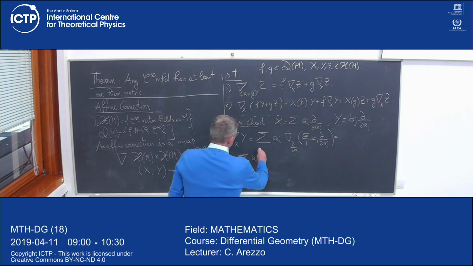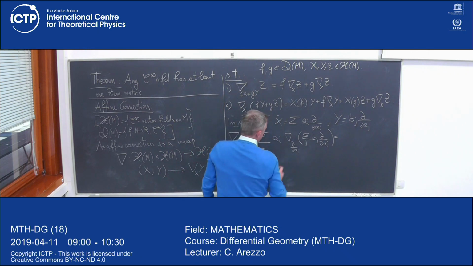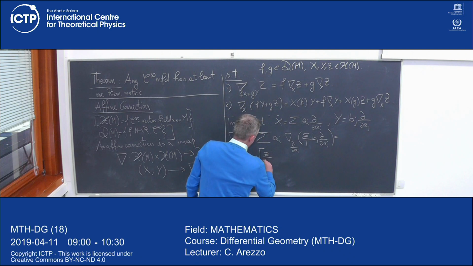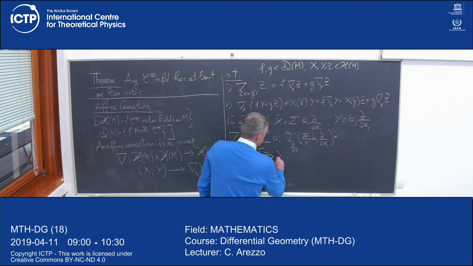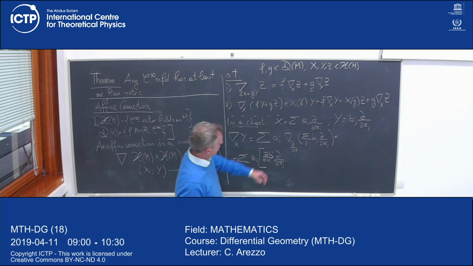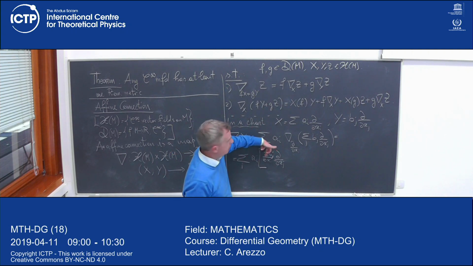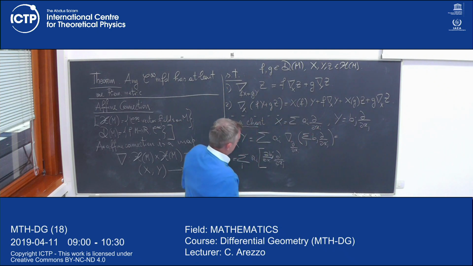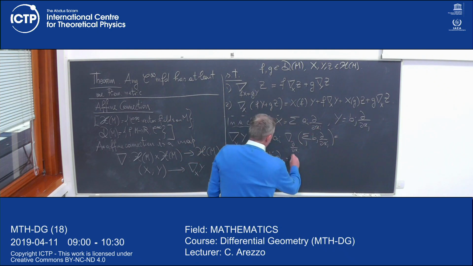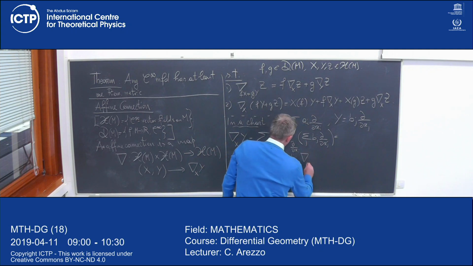This will be the derivative of b_j, so d/dx_i of the function b_j, times d/dx_j. This is the old-fashioned derivative, which by definition is x of f. Plus b_j, and now I'm left with